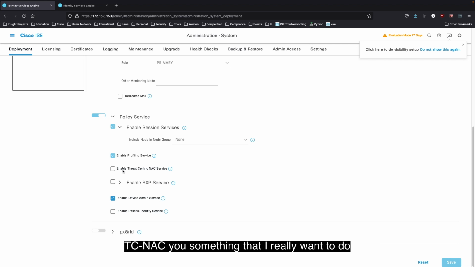The TC NAC is something that I really want to do in a subsequent video, because I really love this service. Briefly to tell you about it, if something gets through the firewall and the firewall can't do anything because it's too late, once it finds out and does its analysis, in most firewalls' cases, well, what Firepower could do is actually send ISE this notification, this information, so that ISE could leverage that and then send a COA to the machine if it needs to, so that it can reset the authentication and force it to re-authenticate. Once it re-authenticates,